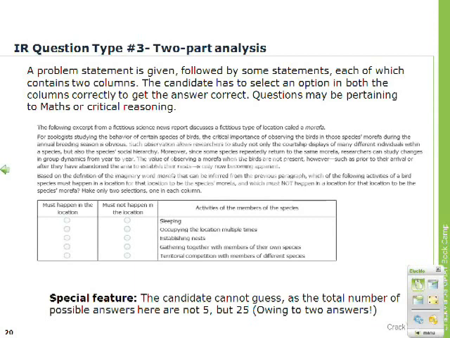So Morefa is something of the species, right? Because there is an apostrophe S, right? Such observation allows researchers to study not only the courtship displays of many different individuals within the species, but also the species social hierarchy. Moreover, since some species repeatedly return to the same Morefa, so it is